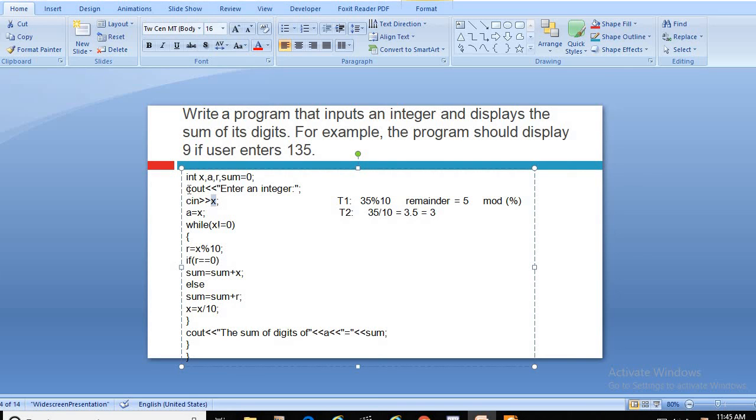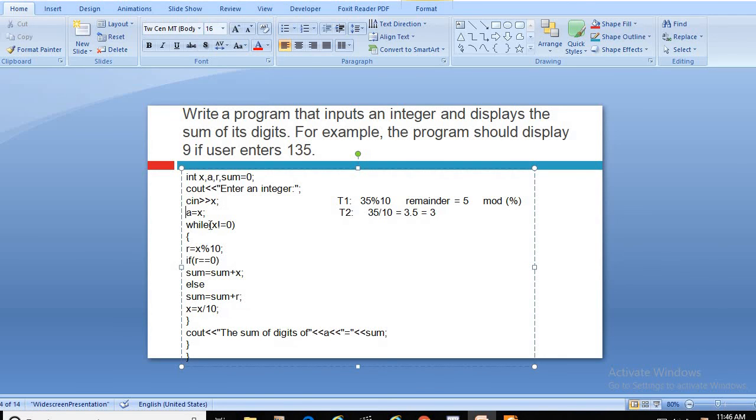So at first step it will display a message, enter an integer. See, the value of X is 135, for example. This 135 is stored into the A variable again. Means now the value of A is 135. Just write down A equals 135.